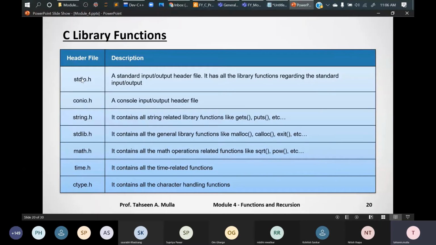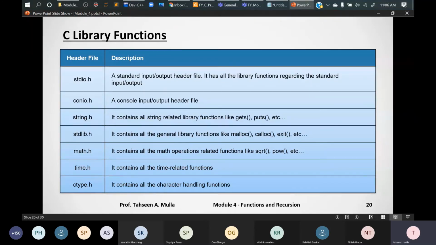Basically, we have used these two, stdio.h and conio.h. This is the standard input output header file. The .h represents the header file. You might have covered this in your first two modules. It has all the library functions regarding the basic or standard input output. Conio works basically on the console input output.